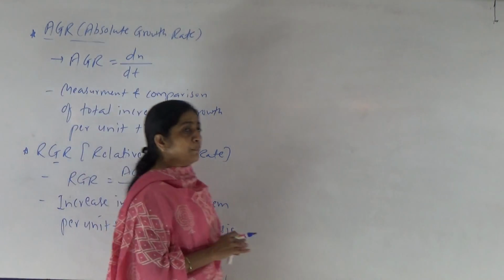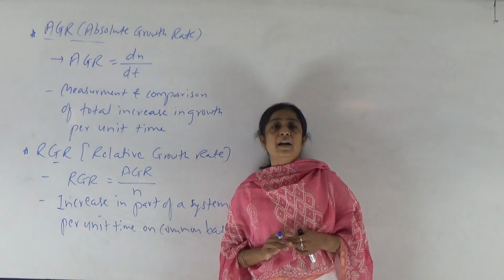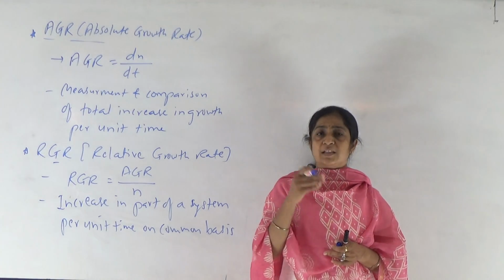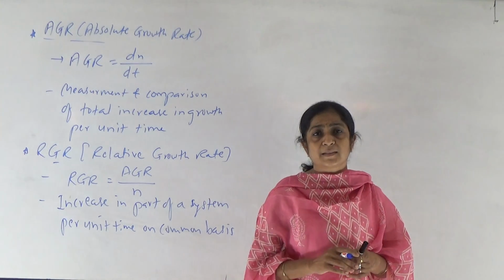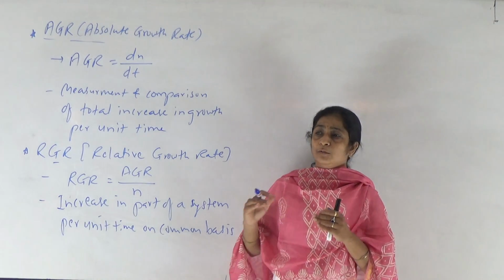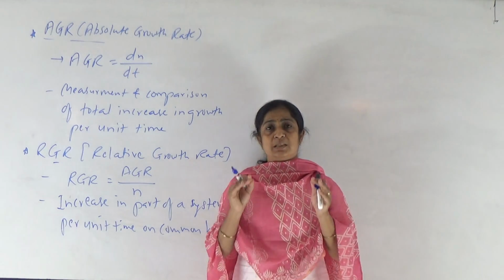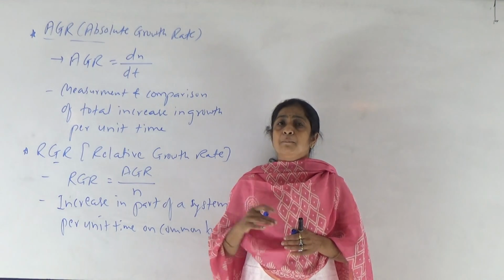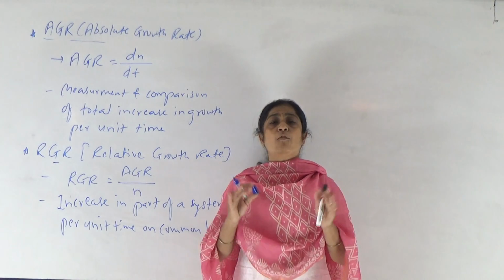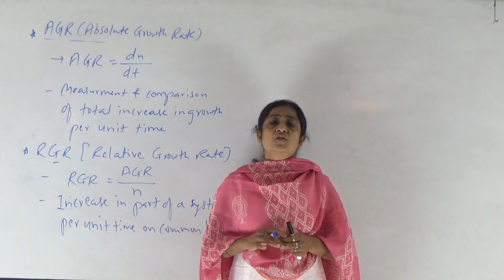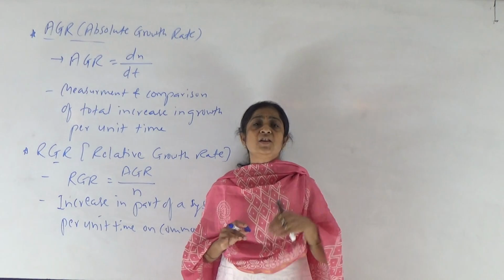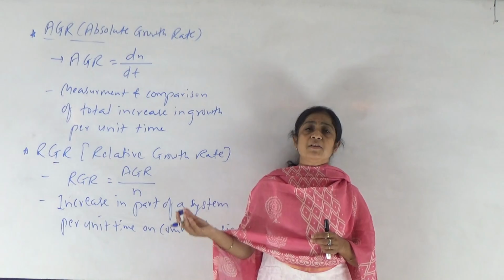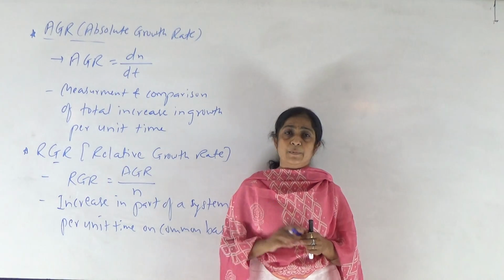Yesterday we had seen one example of this absolute and relative growth rate, that is leaf. So when we select two leaves, one small leaf, another one larger in size, right? And for both these leaves, if we provide a specific time period for growth, and after that period we measure the surface area, which kind of observations are there? Generally, suppose A leaf has an initial surface area of 5 cm square, and B leaf has an initial surface area of 50 cm square.